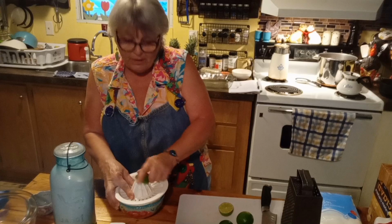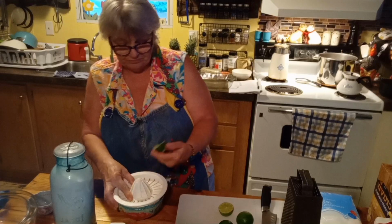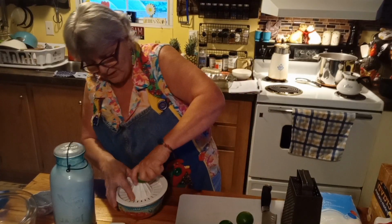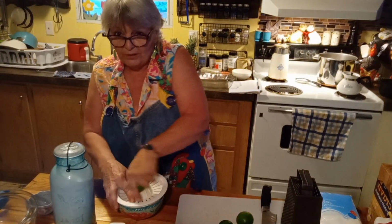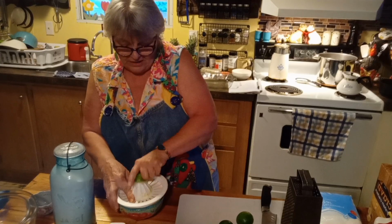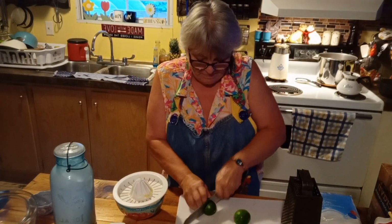Now, if you get smaller key limes, there are smaller ones, you may need to buy more key limes. At my store, they only had 6, so I grabbed 4 because I knew that this size would be fine. And I left the other 2 for somebody else that might be making like guacamole or something. They needed it. Or some kind of wonderful dish for summertime. I can't think of a better way to